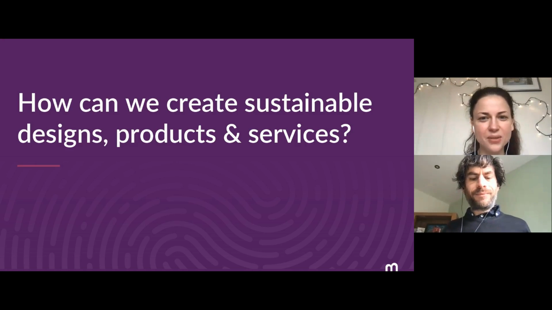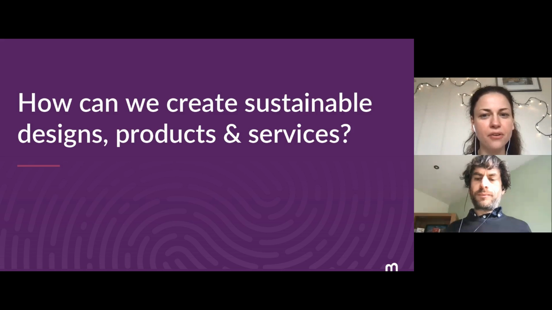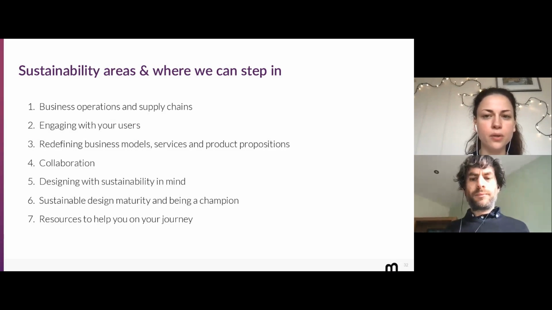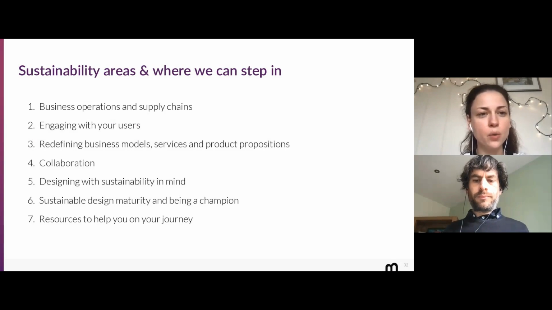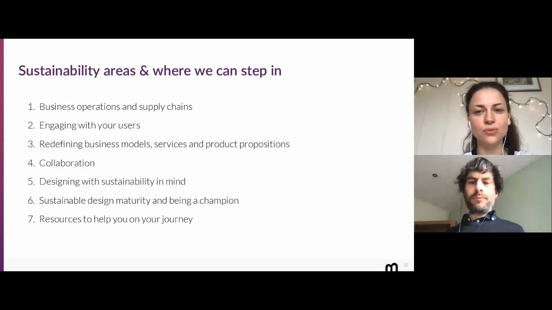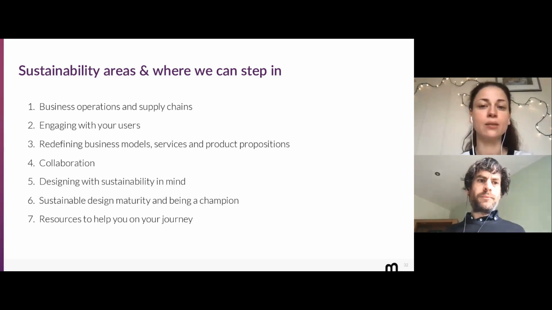All right, so now let's move to our biggest block, the one covering different ways we can create sustainable services, products, and designs. That would be the 7 areas that we're going to cover. And when I say we, I mean UX designers, UI designers, service designers, basically anyone involved in design. So these are the areas where we can bring change, not only observe from the side, but step in